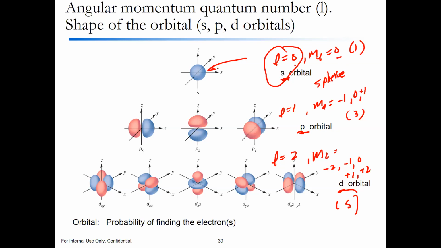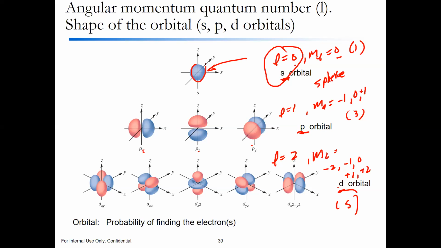This one I only have 1 orbital. m_L has three digits, so I have 3 p orbitals. D orbital has 5 digits, 1, 2, 3, 4, 5. So I have 5 d orbitals. Right? So this is just some theory someone had 50 years ago. Whether it's true or not, who knows back then, right? So they just come up with this theory, do this mathematics, try to interpret what these numbers mean, and they come up, oh, L equals 0, that's the probability, and then we do some more calculus on it,